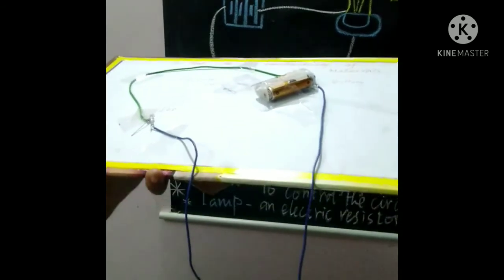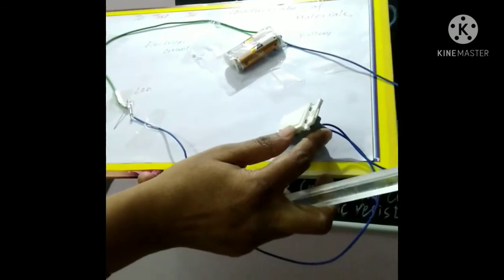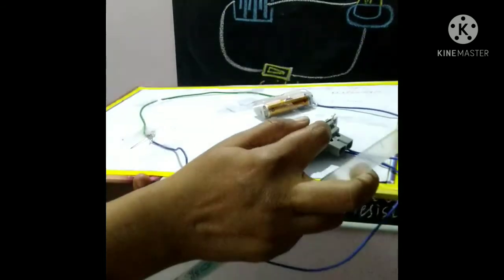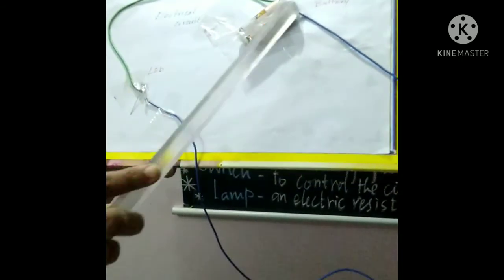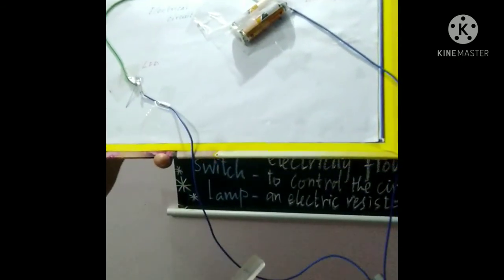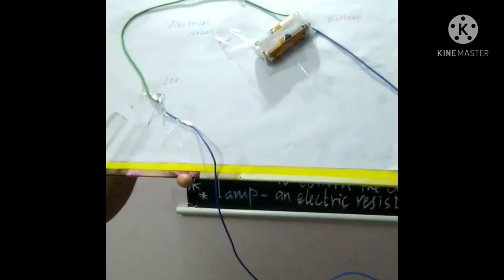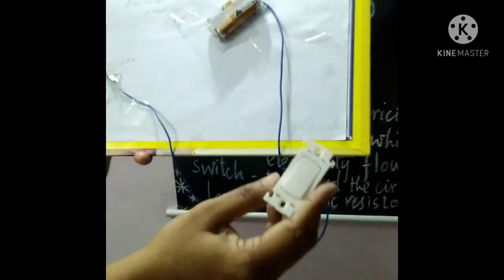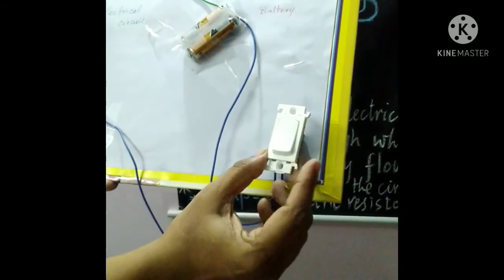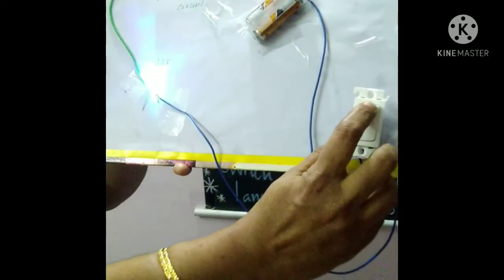I am going to show a simple electrical circuit. What are the parts in this circuit? First one, battery. Can you see the battery? This is the battery and the two connecting wires where the electrons flow. A small bulb, I'll explain how it has to be connected. Then a switch. This is the control of this circuit. When you switch on, the bulb glows. When it is off, it does not.